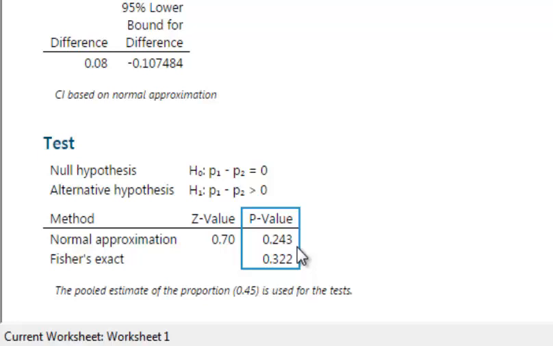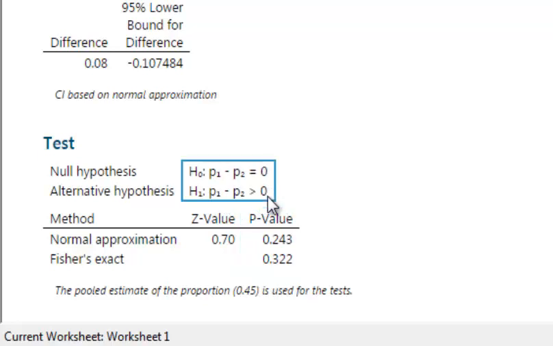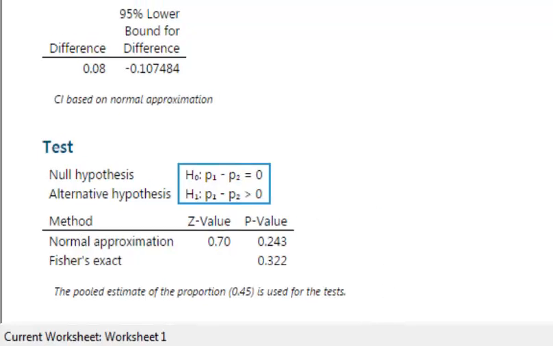In this case, our p value is not less than alpha, so we are unable to reject the null hypothesis. It means we conclude the proportion of smokers in males is not significantly greater than the proportion of smokers in females. This is our final conclusion based on this sample.